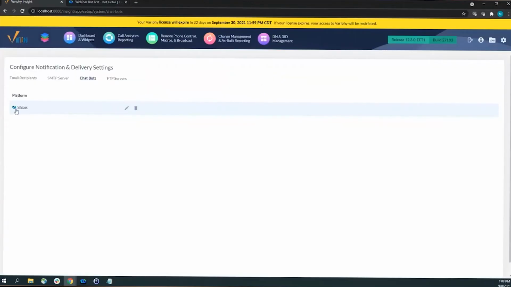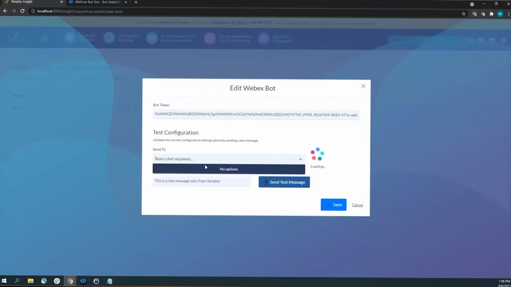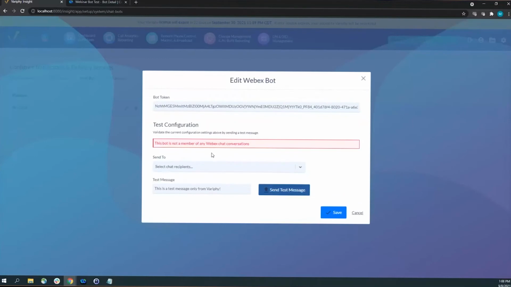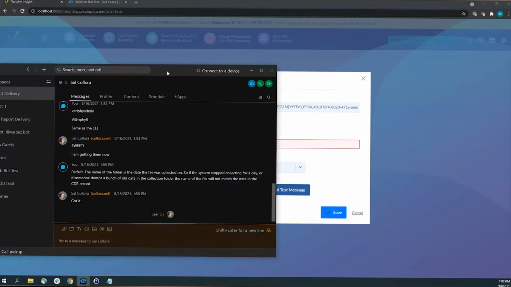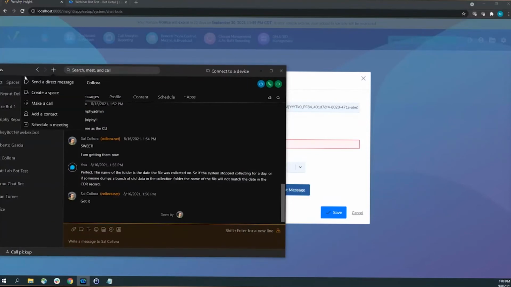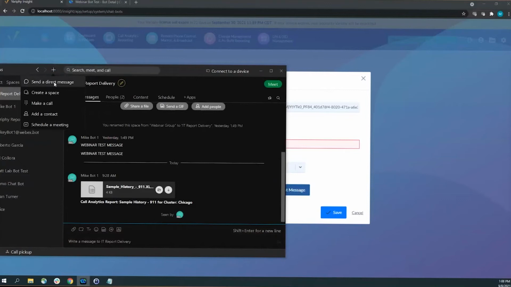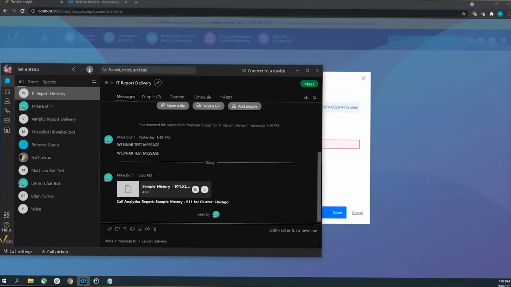So the bot's configured. If we go back in and edit it, you still can't. There's no one to talk to. So to invite the bot or to open up communication with the bot, jump into WebEx. And then click, you're going to send a